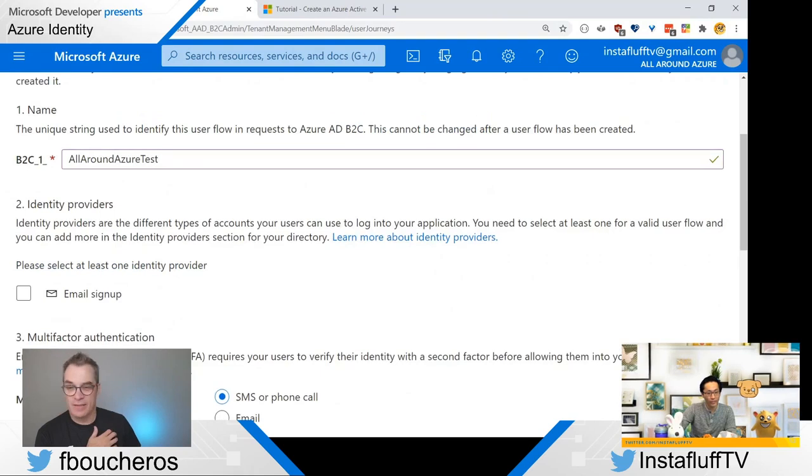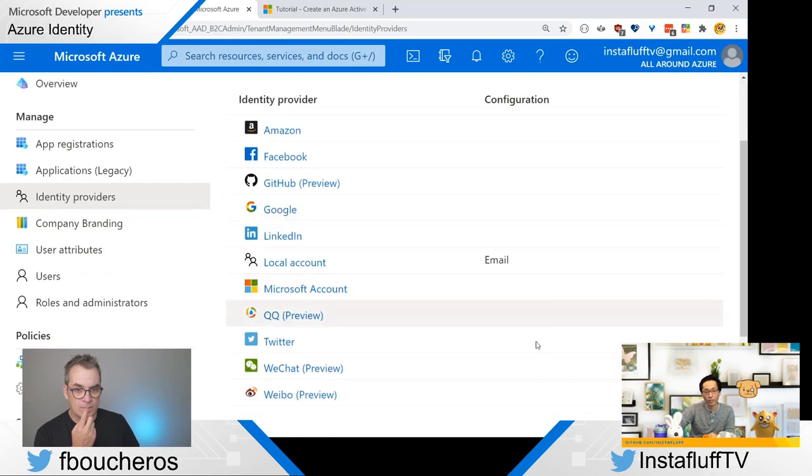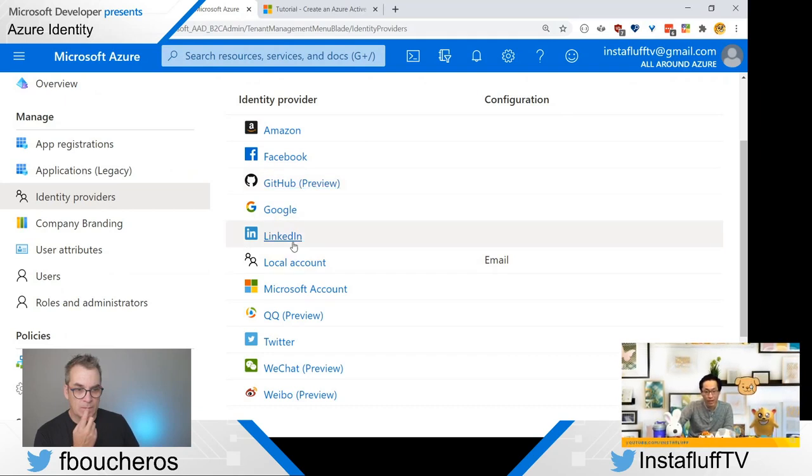Here we go. We can select at least one identity provider. I didn't create or add any other identity providers. Maybe I should go back and show you first, because here's what you can do. You have identity providers in these options, with a whole bunch of lists. If you want to add GitHub as a login, you can use LinkedIn, for instance, or Twitter, and you can also do custom ones.